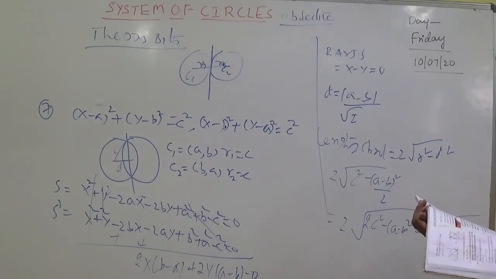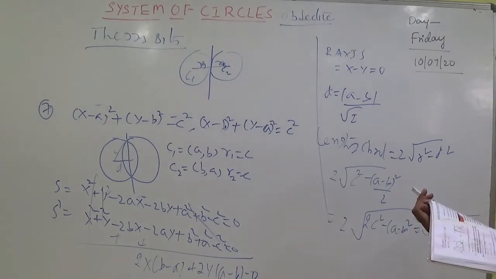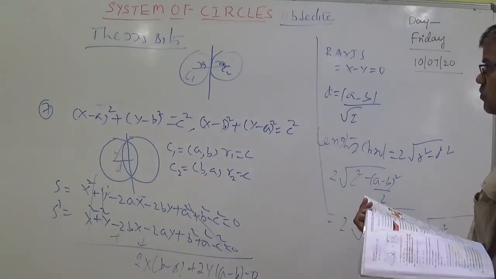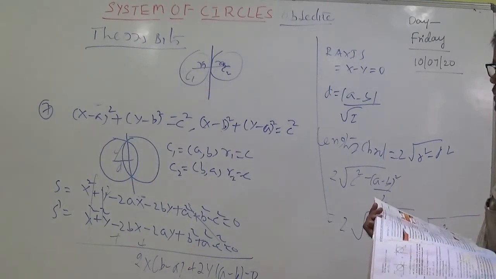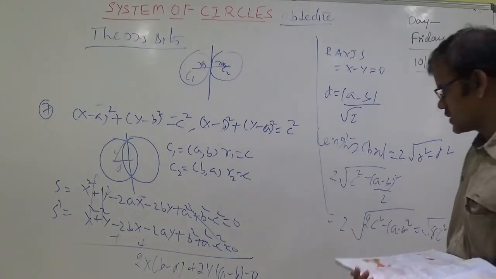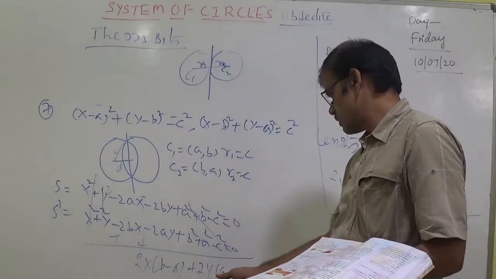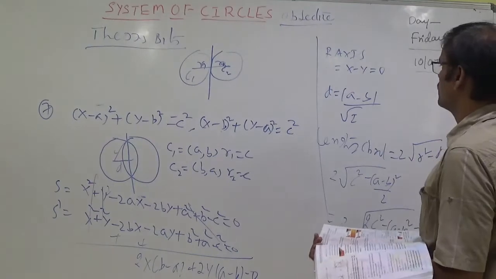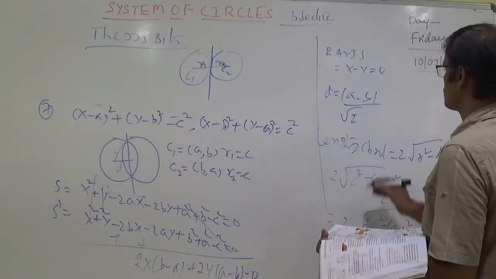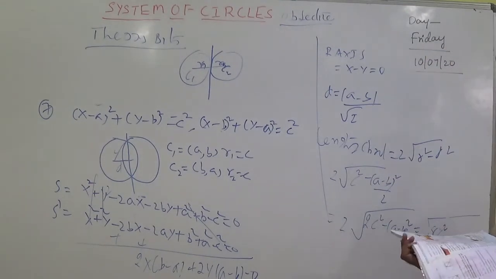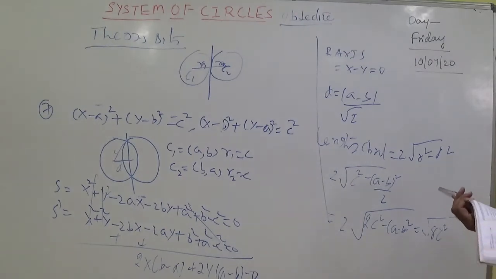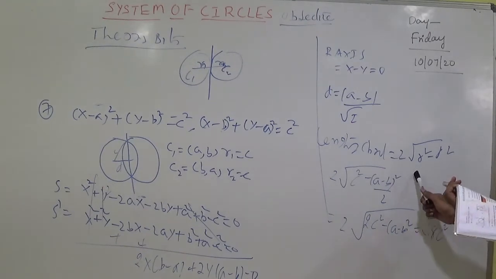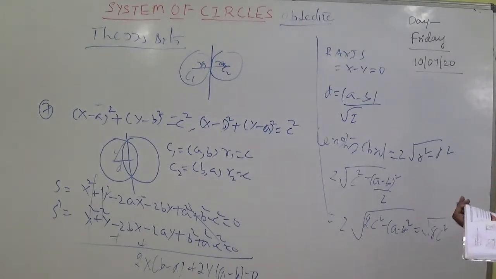x minus a whole square plus y minus b whole square is equal to c square, and x minus b whole square plus y minus a whole square equals c square, everything is okay here. Perpendicular distance from the center, the center is a comma b. Here the radical axis, with b minus a we multiply, it becomes exactly 2 into b minus a we divide, it is x minus y equal to 0. A minus b by root of a square minus b square, exactly right. 2 root r square minus d square, r square means c square only, minus d square is here a minus b whole square by 2, exactly.